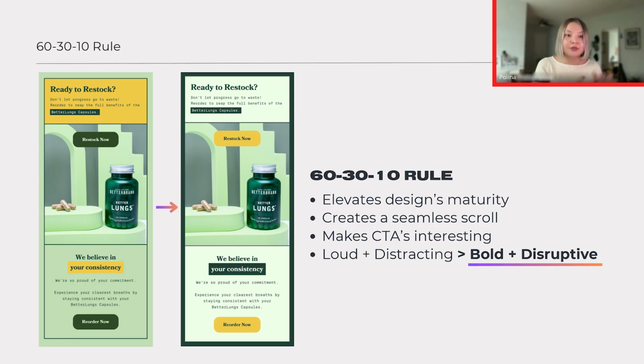In apps, for example, really well-designed apps, anything that requires you to click on it is usually going to be in that CTA color. So anything that will open another page or anything that will expand something, that will always be in the CTA color. And that is so applicable to web design and email design especially. And this rule takes your designs from looking amateur to professional. In other words, from loud and distracting to